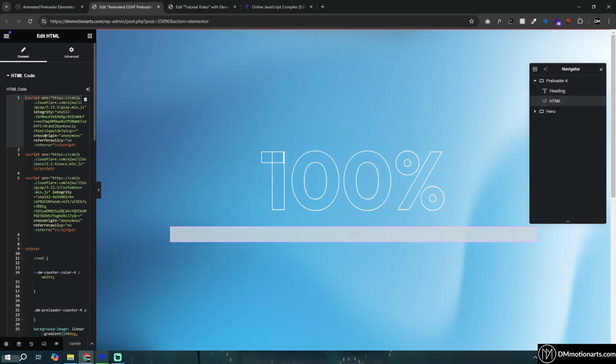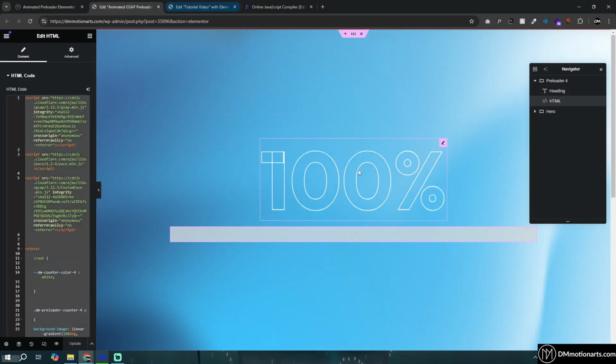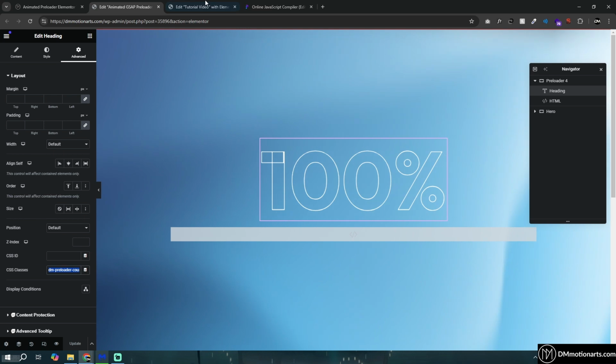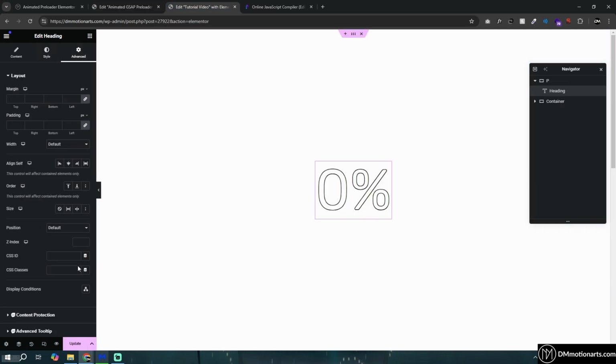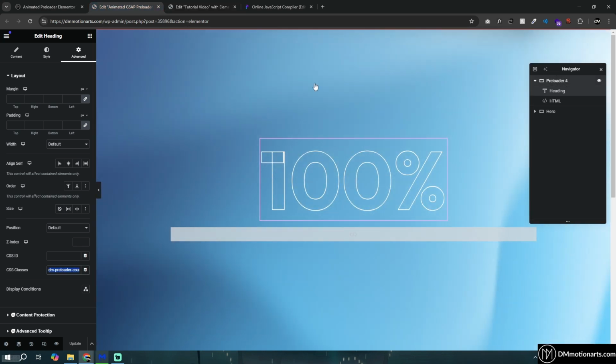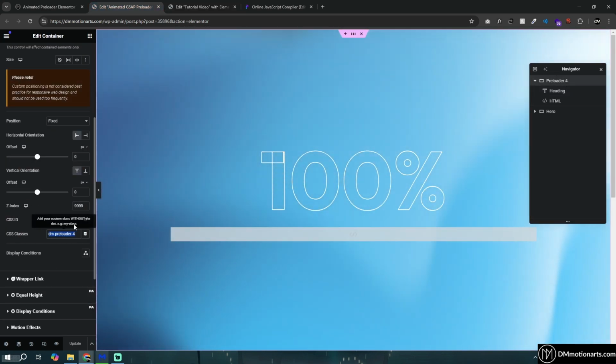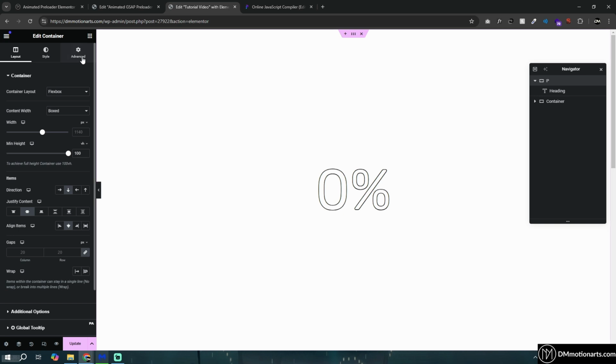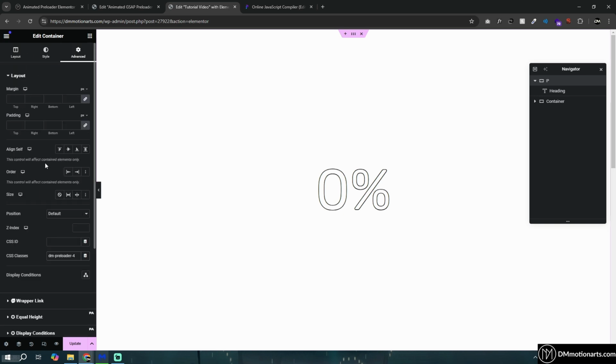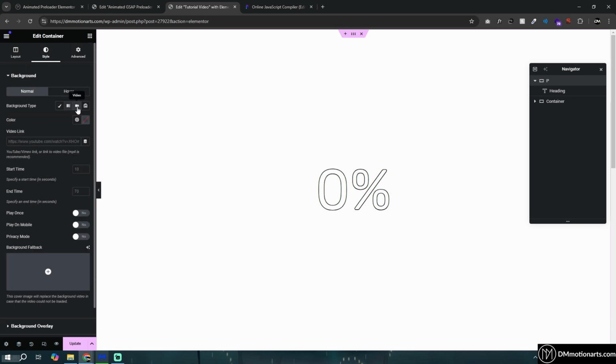Next is very simple. You just have to copy the code. Actually, we first need to copy the CSS class, and give it to this one, DM preloader counter 4. Everything would be in the description, so you don't need to type it yourself. You could get it from the website that I'll link. Let's copy this too, and then set this to our preloader, and simply go into your video for this one